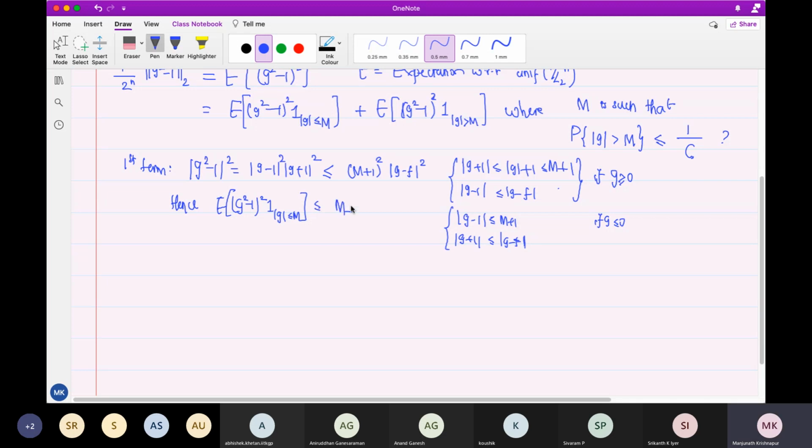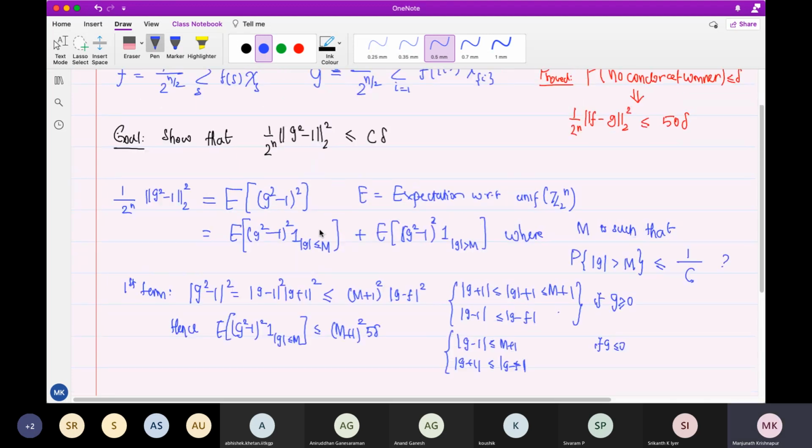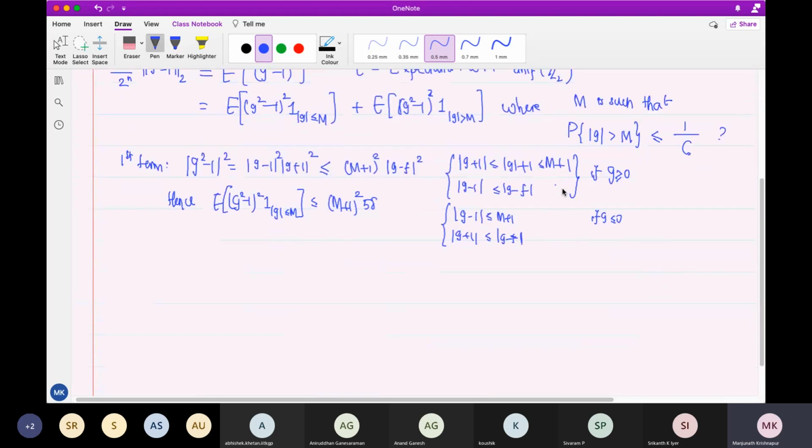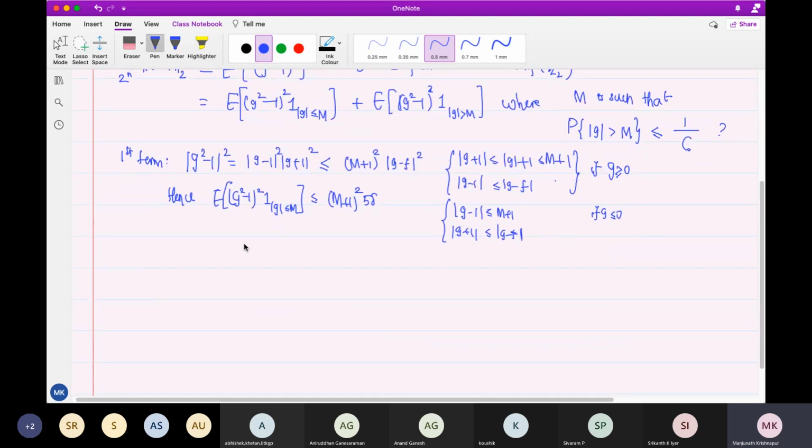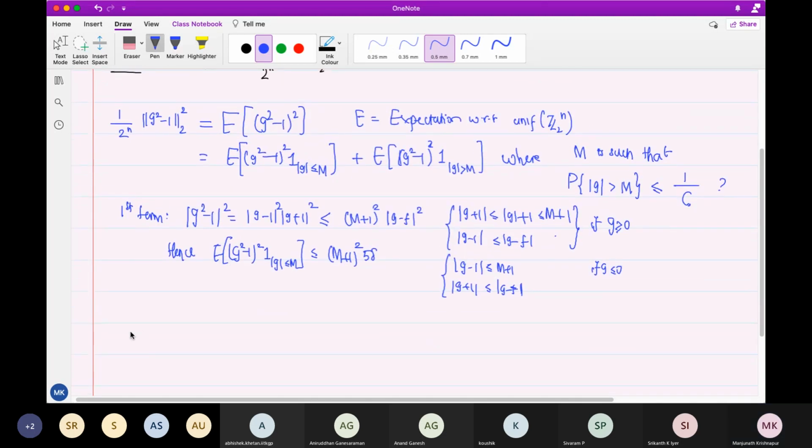this can be bounded by (M plus 1) whole square times, right, so (M plus 1) whole square times what is that? Phi delta, right? Okay. Yeah, because this is already dividing by 2 to the n, so this is bounded by phi delta. Okay, we get this. Now second term,